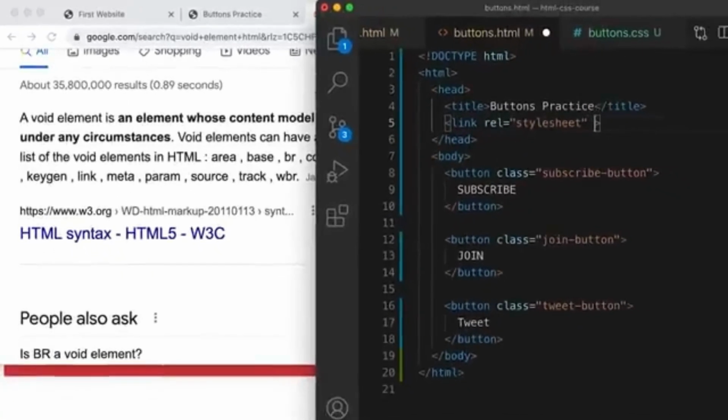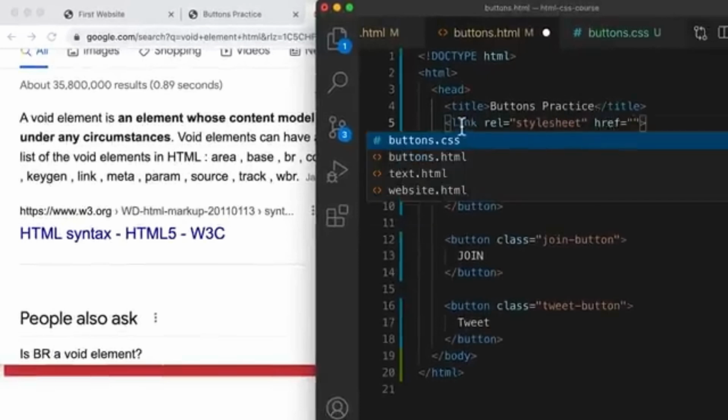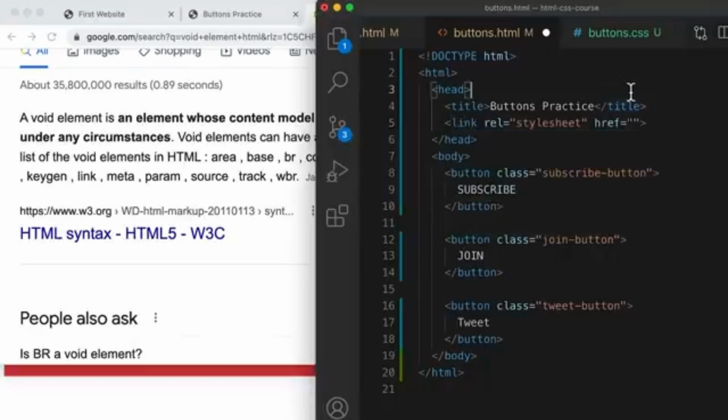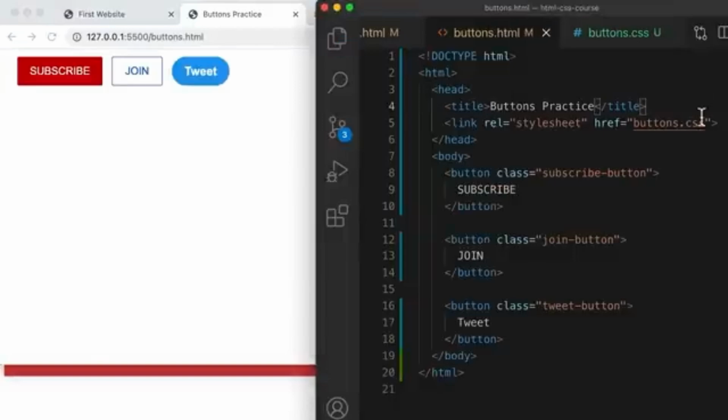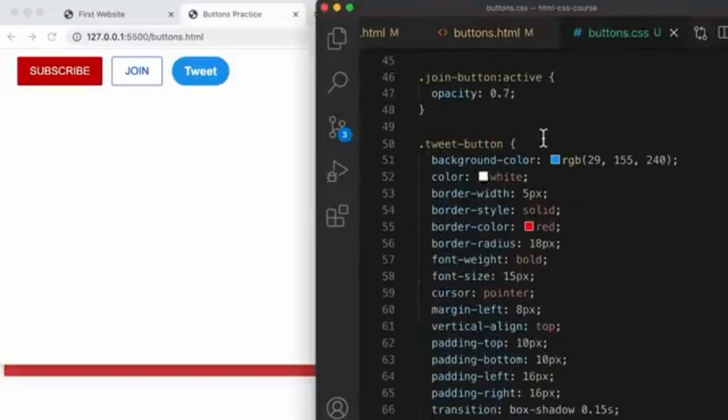And then we have to tell it another attribute, which is href. So this tells a link what file we're going to link into this file. So here we're going to link our CSS file into our HTML. So we're going to link buttons.css. Okay, now let's go back to our page. You notice we don't have our styles. And now when I save this, we get all of our styles back. And that's because we're loading all the CSS code found in buttons.css, which is all the code we had before,